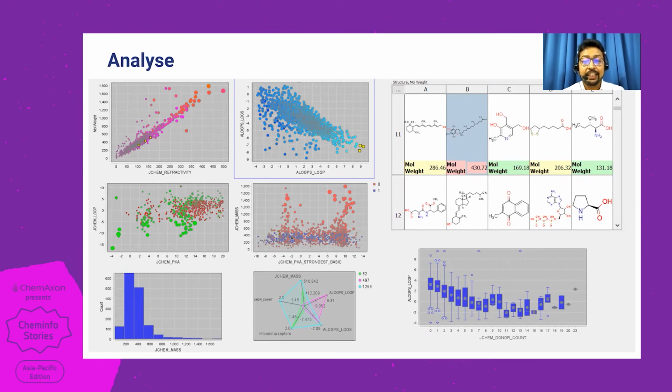Now, if I select anything in any of the scatter plots, you can see that the same is selected in the mole matrix widget, and the radar plot also shows the details of those particular molecules. The histogram also shows the same molecules. So all these views that you see here are synchronized with each other. This is very helpful when you're analyzing large sets of data. Based on the scatter plots, you can identify molecules that are lying in the region of your interest or are outliers, so that you can remove them or work with them separately.